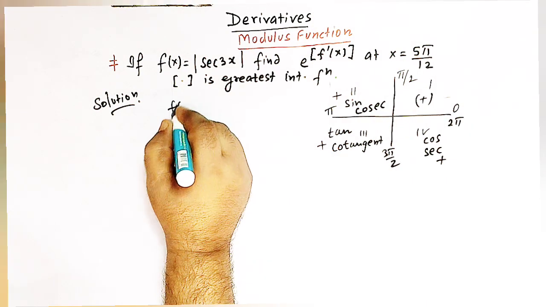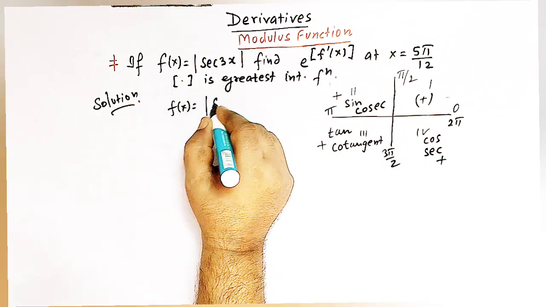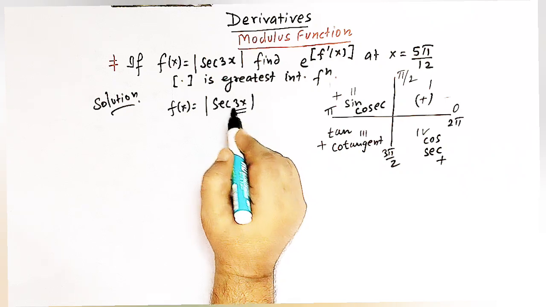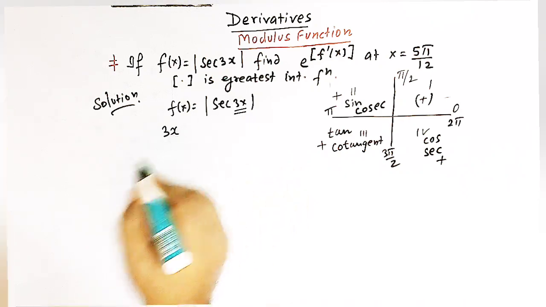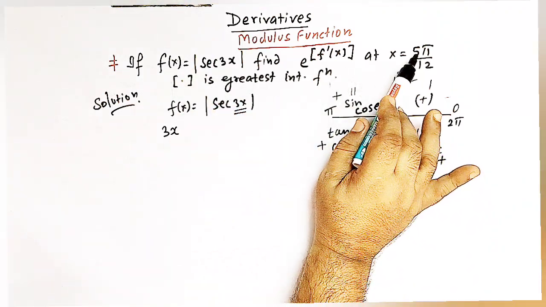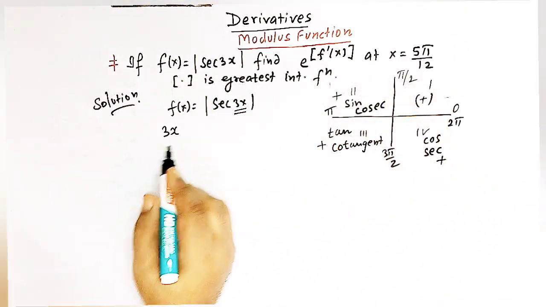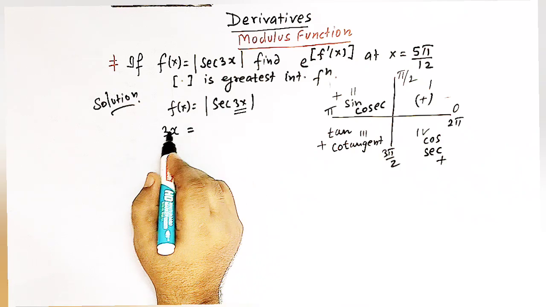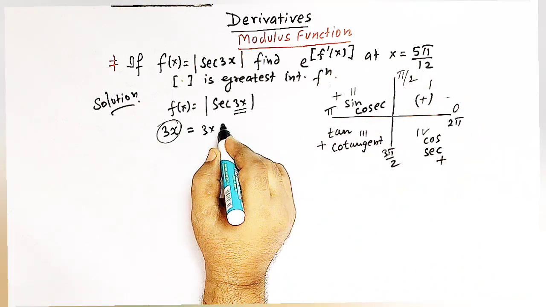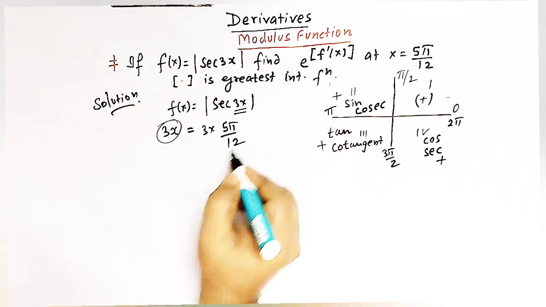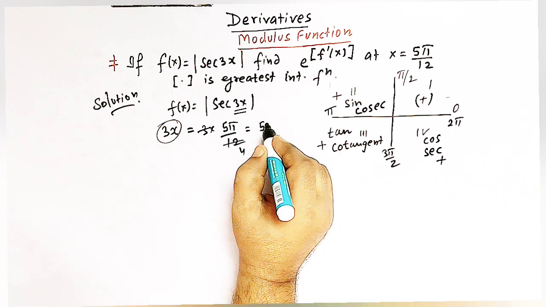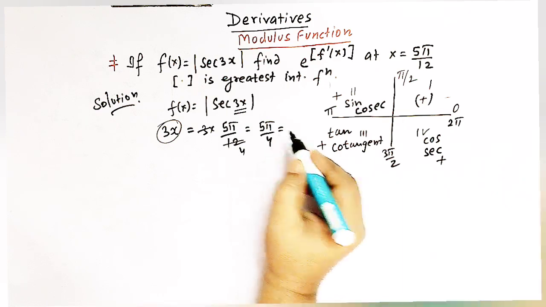So now here we are given f of x is equal to mod of secant 3x. Now here let us see this term, that is 3x. We have to find the value of the derivative at this point, that is 5 pi by 12. So let us find out the value of 3x at this point. So we have 3 times 5 pi by 12. So this is 3 times 4, 12. So we have 5 pi by 4, that is